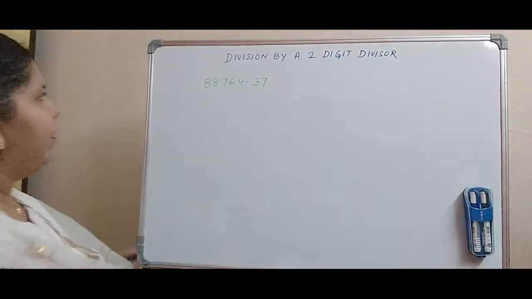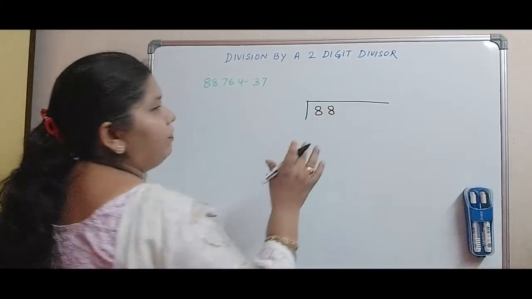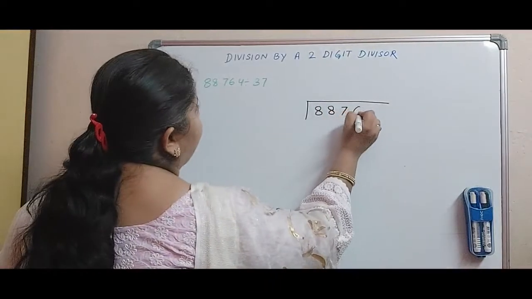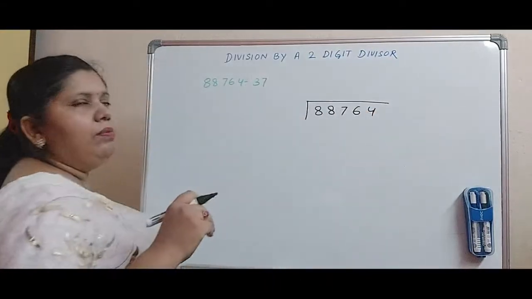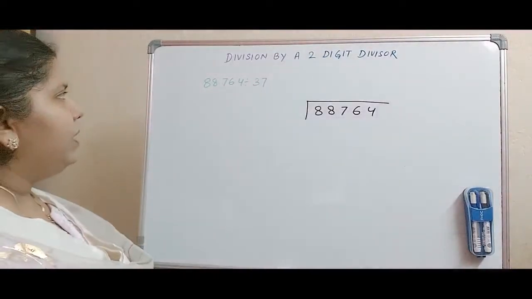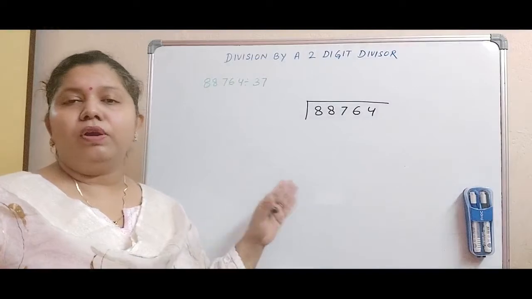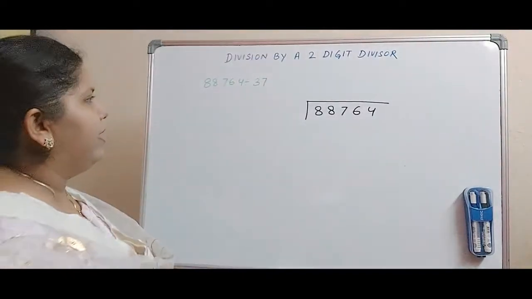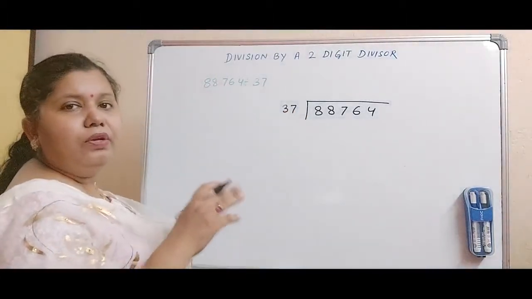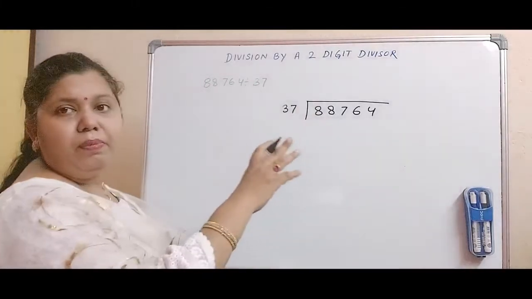The first thing that you have to remember is that we have to identify the partial dividend which is suitable for the given divisor. For that you have to know all the multiples of the divisor to successfully do this division. But it is not possible to write out all the multiples of 37 from 1 to 9. So there is a trick that I'm going to teach you, to know which counting number you have to multiply with 37 that will give me a number closer to the partial dividend.